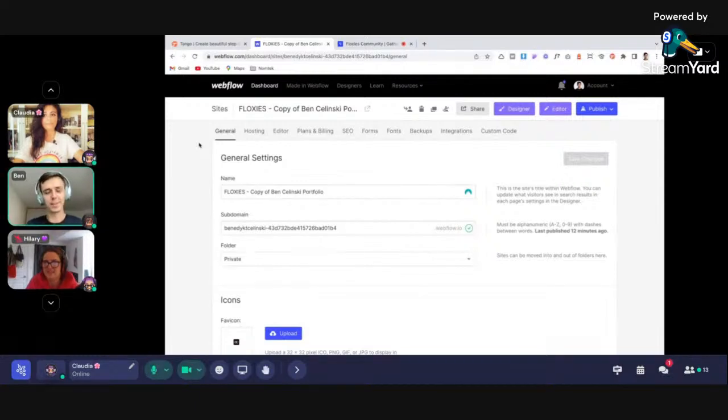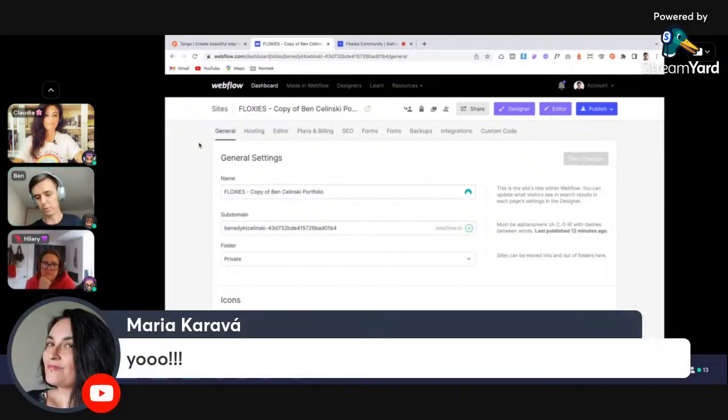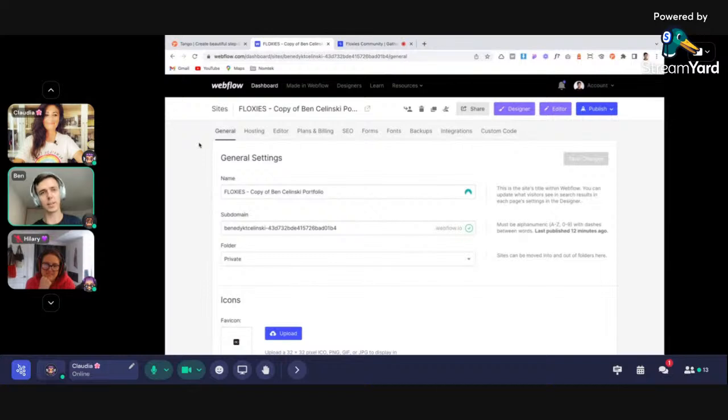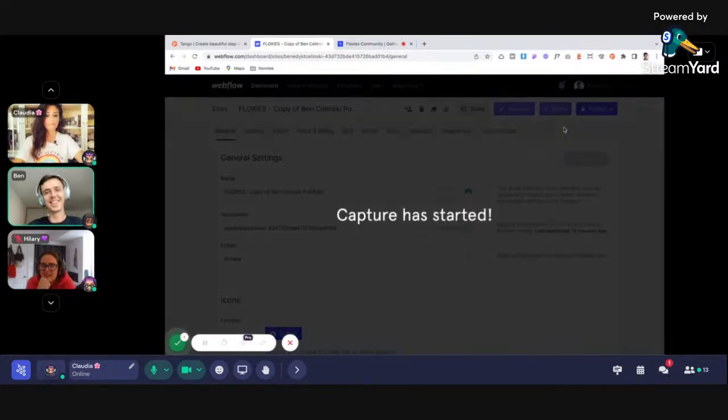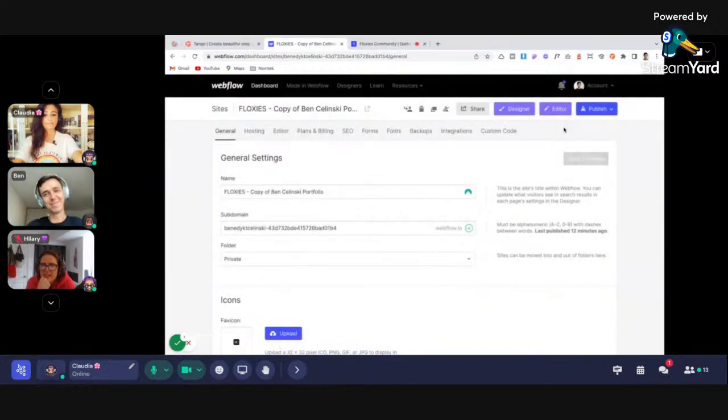You have a project where you need to upgrade the plan to CMS or to the business plan or whatever, and your client is like, okay, what do I need to click, where is it, I cannot find it. So then you can start capturing your workflow on Tango, and literally it's that simple.